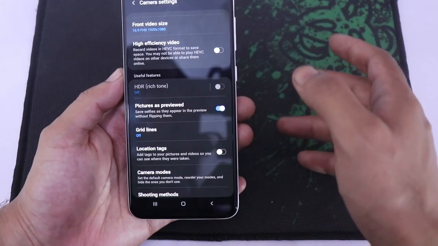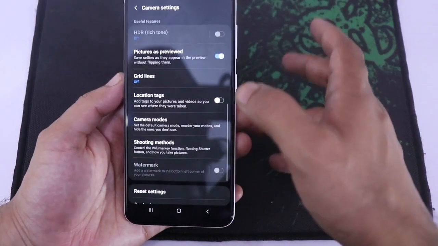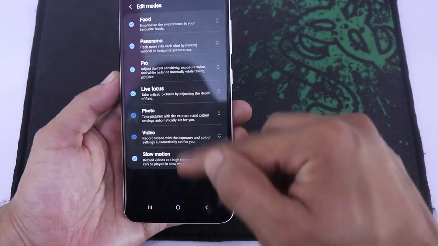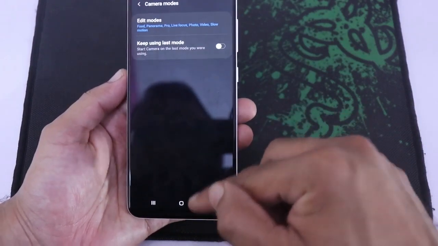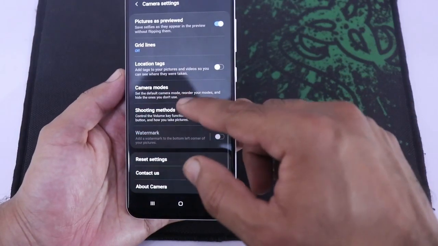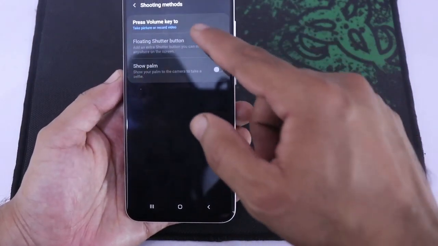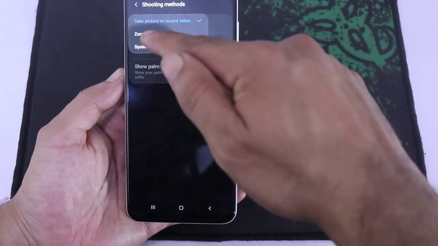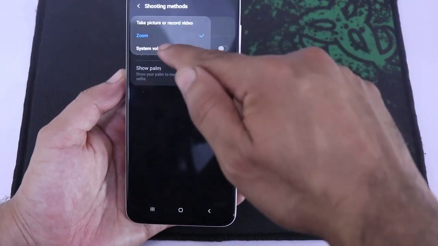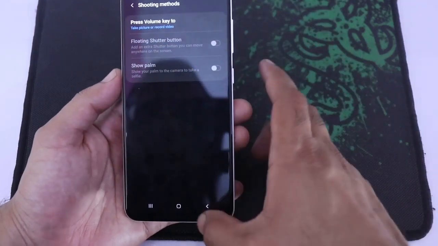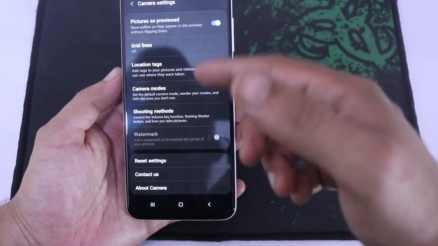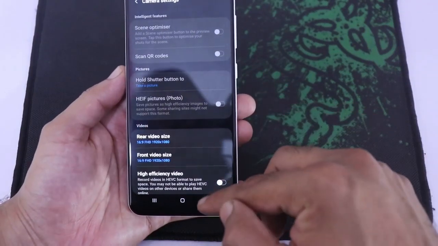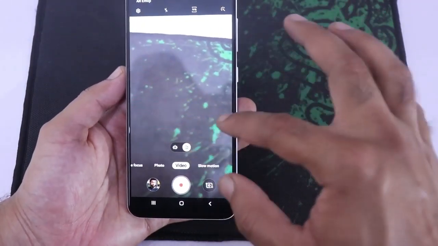Whenever you take the picture, it will preview. And next up we have the camera modes. You can choose which modes you want to show on your home screen of the camera. So we have the different shooting methods. You can see press volume keys to take a picture or record a video, zoom, and you have the system volume. So we choose to take a picture. Whenever I press the volume keys, it will take a picture. So these are a few of the settings which you can also use in the camera settings. And this is all about